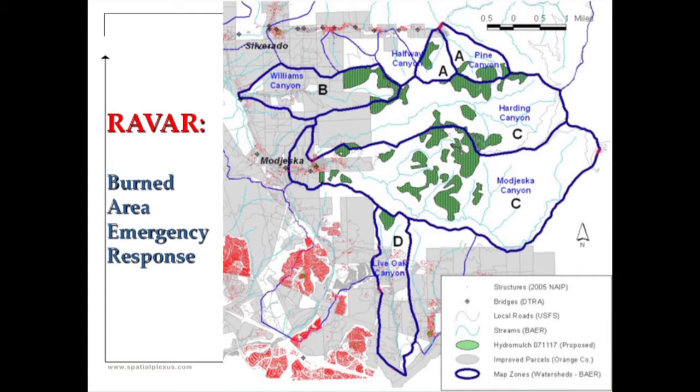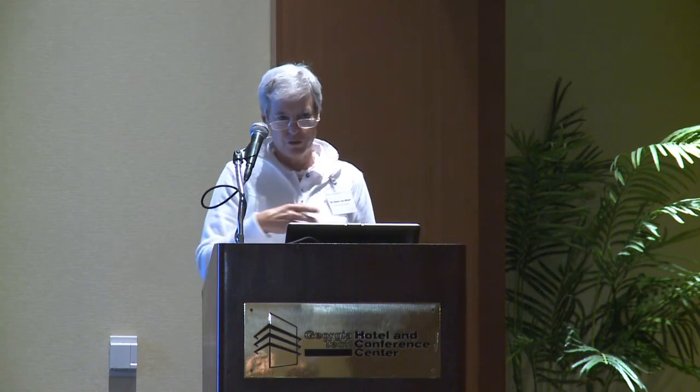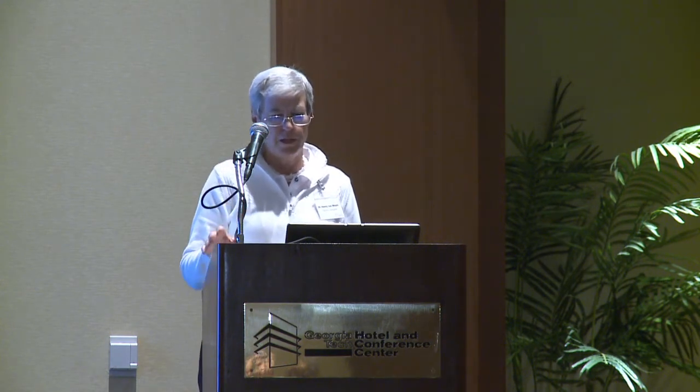So we talk about risk mitigation. First thing we do is throw down the parcel data and find out what's at risk. Are there any pipelines? Are there any power lines? Are there any homes? Are there any barns? Are there any government structures? If there are none of those, let it burn. We do not have the money, the resources, the time, the energy to deal with every single fire. There's too many of them.